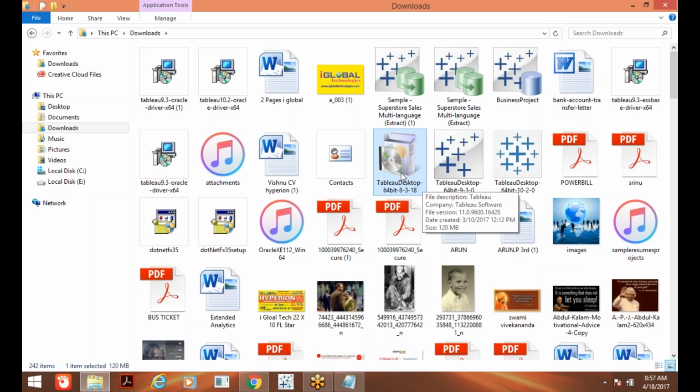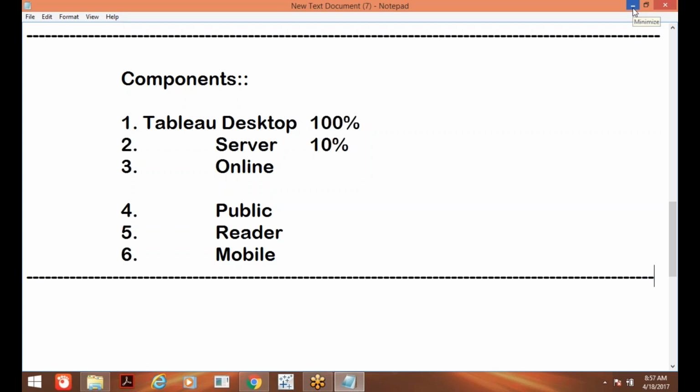After downloading, just double click on it. Just click on next to finish. Every software will be installed like that only. Before clicking finish here, it will ask for your first name, last name, your country name, your pin code, your phone number, your designation. For designation, you can go with data analyst, and your organization just go with iGlobal. And what is your department? Go with IT software. Give accordingly and click on register.